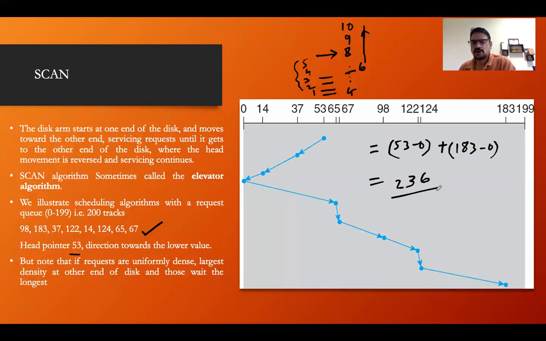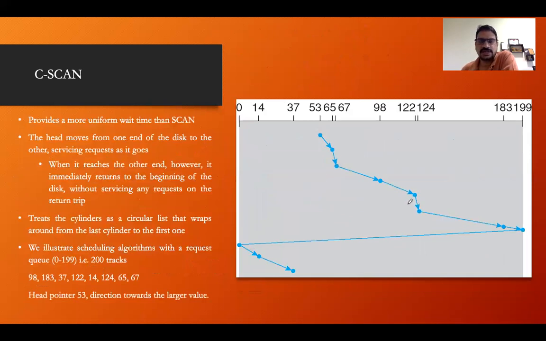Okay. Now let's talk about C-scan. C-scan is just like the scan, but what they are assuming is, let's say a 10-floor building is there, and I am moving up. So it is saying that you move up to the last, and from the last, you again start from the beginning. It means that if you reach the last, you have reached the ground floor. That is the meaning of C-scan.